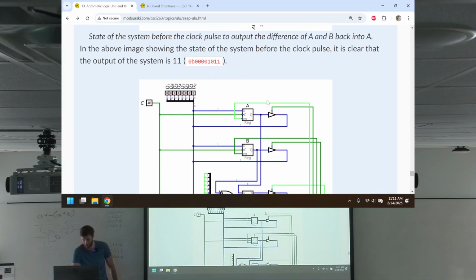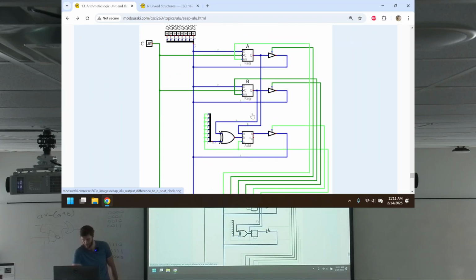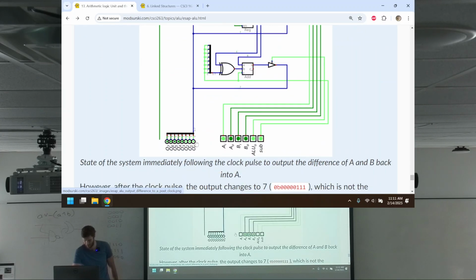But then I do a clock pulse and store something into register A, and the control signals are set the same, and suddenly we see the value, like I just calculated 15 minus 4, and I stored it into A. Clock pulse, and suddenly the ALU is now saying, no, you've got 7. The reason I have 7 is because the ALU is still outputting. The value 11 was saved into A. So it's like we did minus 4 again,